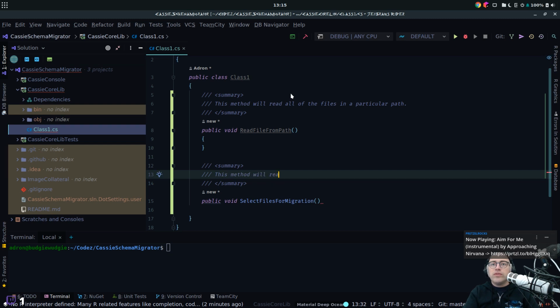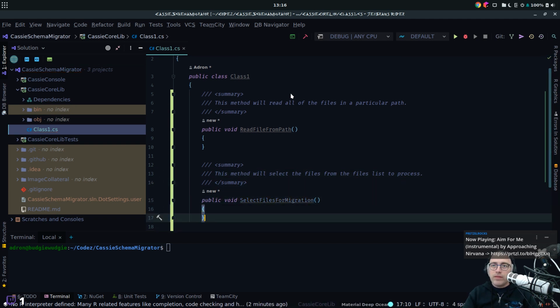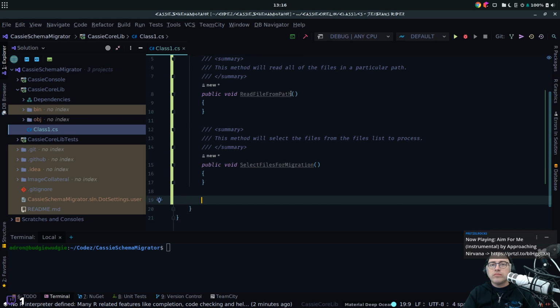This method will select the files from the files list to process. Void. And then what? Let's see here. Select files for migration. And then